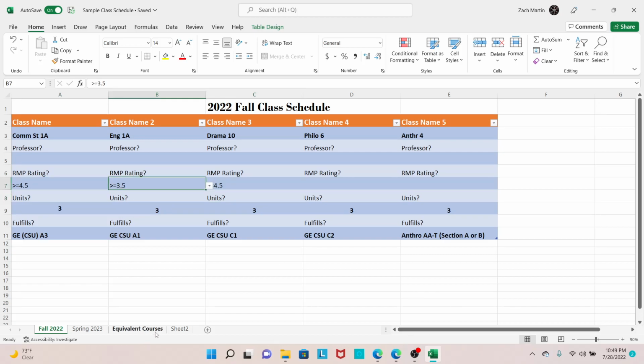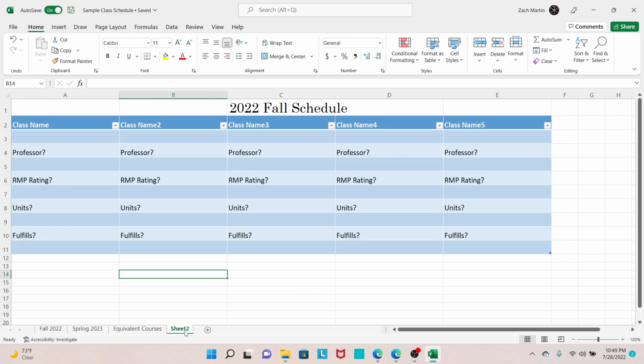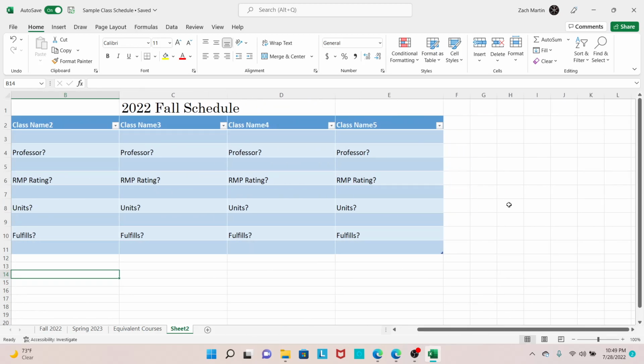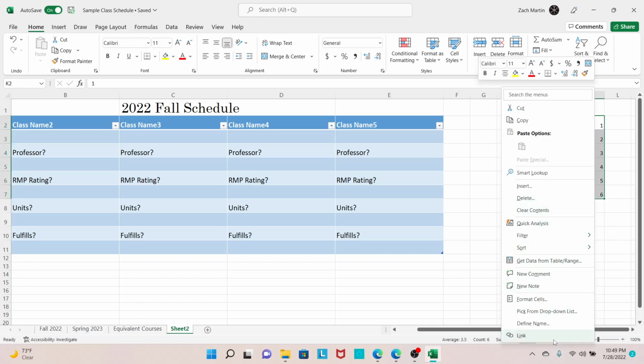So let's run through making another list then. For units, generally speaking, I have not seen a semester class that is more than 6 units, but I'm sure it is still possible. So let's just type 1, 2, and then once we have these two done, Microsoft Excel will catch that we're counting that way. So then let's highlight 1 through 6, go to define name,